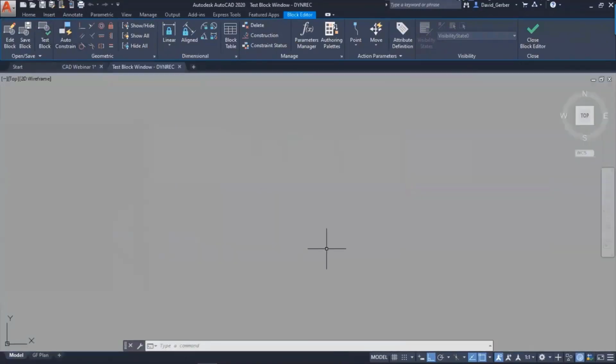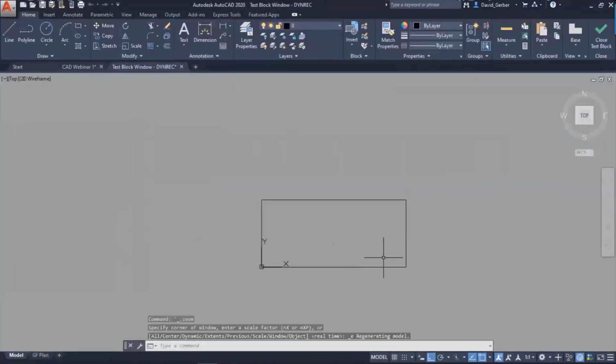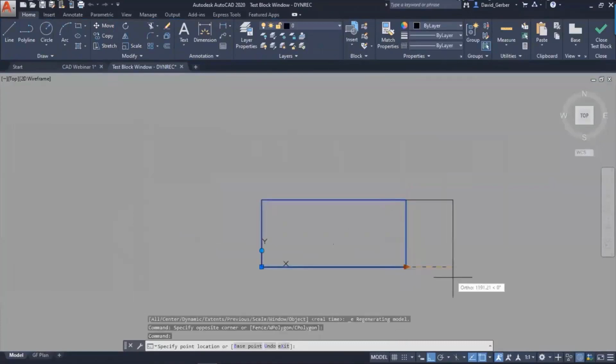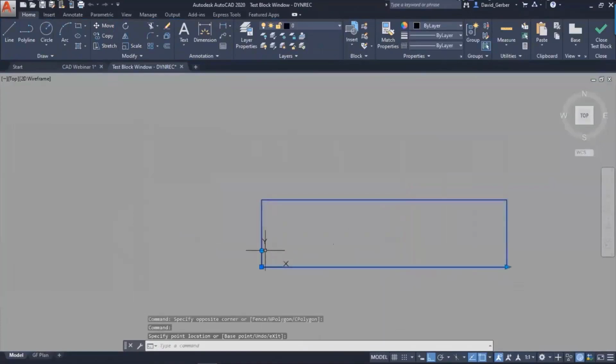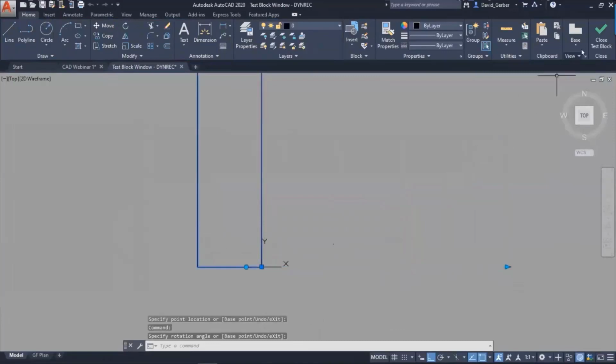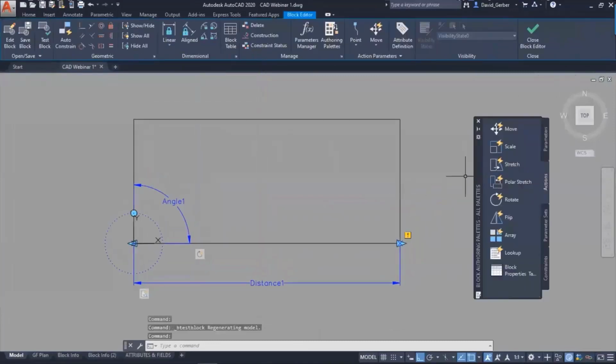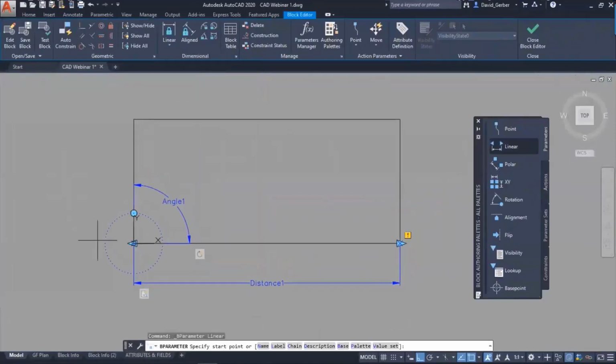And again, we can test it out. And now we have a little grip here that we can start to stretch, and then we can still rotate. And we'll just close the test block, and we'll just add one more. So I can show you a scaling. So we'll add a